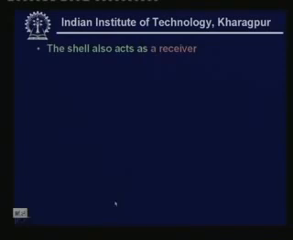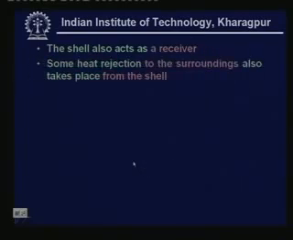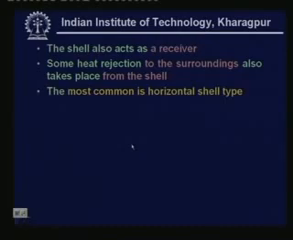Now, some heat rejection also takes place from the shell, and the shell also acts as a receiver. So, as I said, the heat rejection to the surroundings also takes place from the shell. So, the shell is not insulated. The most common type of shell and tube type of condenser is of horizontal shell type, that means the orientation